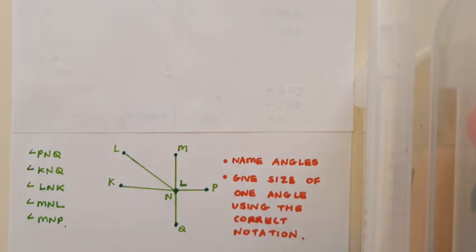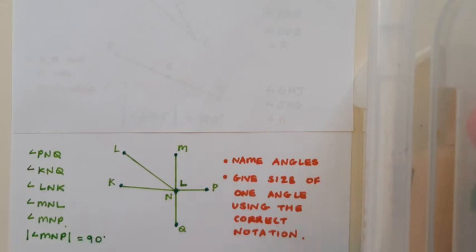Out of these 5 angles, I can say for definite the size of this angle, and that's because this symbol was marked in to indicate that it was 90 degrees in size. To write that down correctly using notation, I should write down the size of the angle MNP by putting 2 straight lines around the angle MNP equals